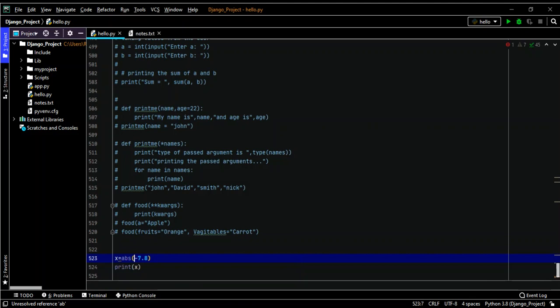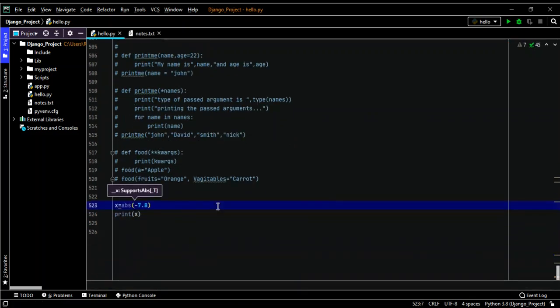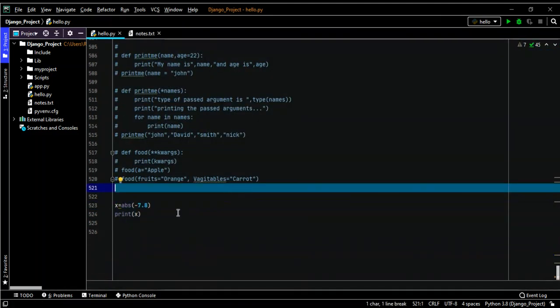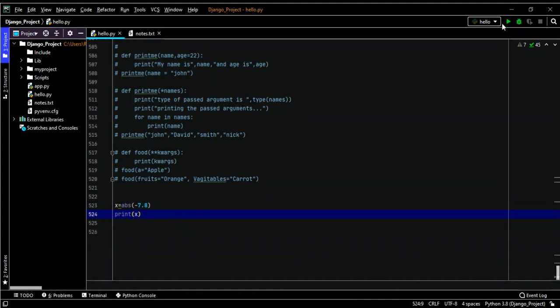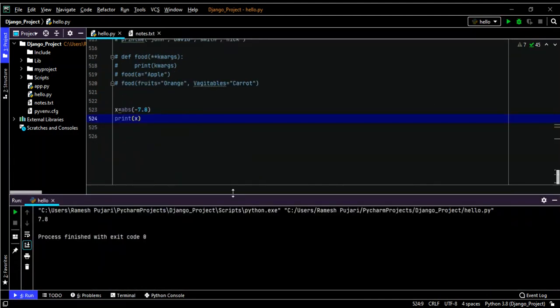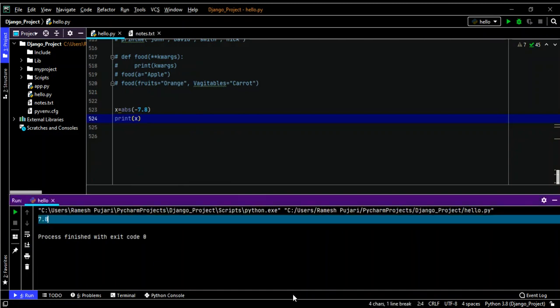That's why it was giving me an error. Now you know this is the absolute. I am passing the negative value here, and you can notice the output is a positive number. If I pass a negative value, the absolute value returned is positive.